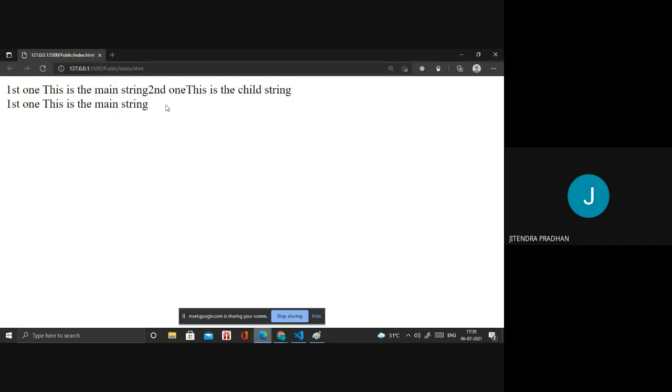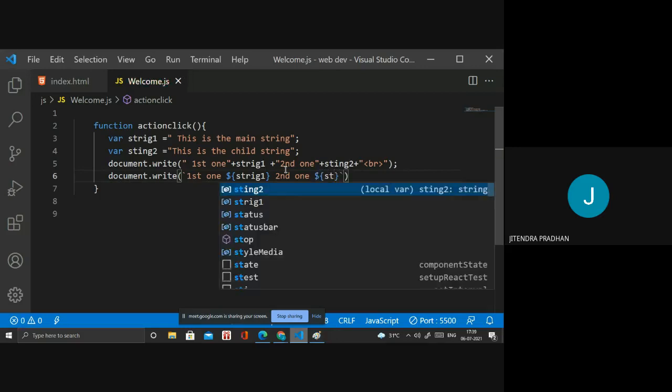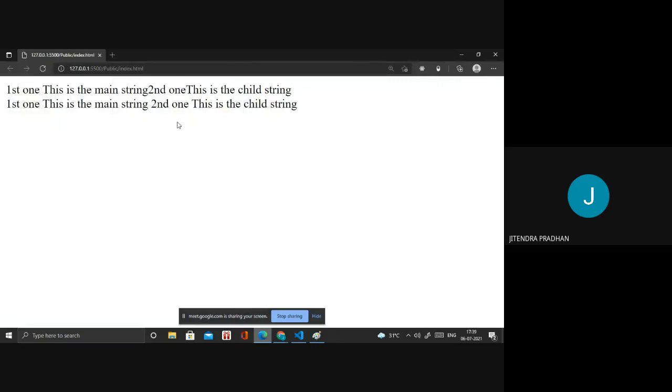It shows better. And I want to access the second one also. Okay, so in that I have written the second one. Okay, in that we are accessing string 2. Okay, let's see, it's also accessing, but in between that, have you observed that